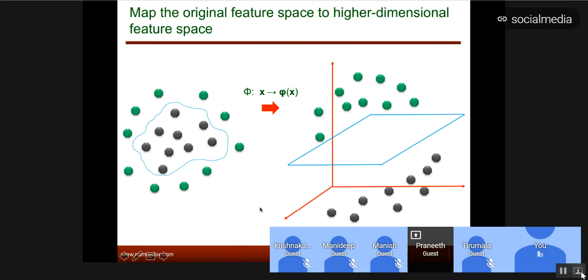You consider this as the original data set instead of this, because here you cannot draw one line and separate red from black or green, right? If I drew a line like this, there are so many mistakes I'm making. Wherever I draw a line, I'm not able to separate it properly. But here it's 100% separation. So that's the point of nonlinear SVMs, and phi is obviously a nonlinear function in terms of getting this transformation. So we need to figure out how phi needs to be defined, or how phi is implemented. Any questions at this point?